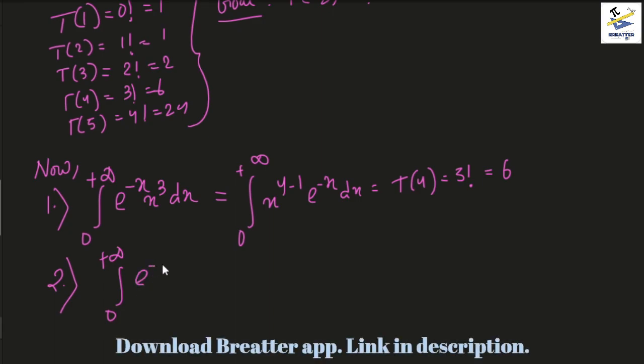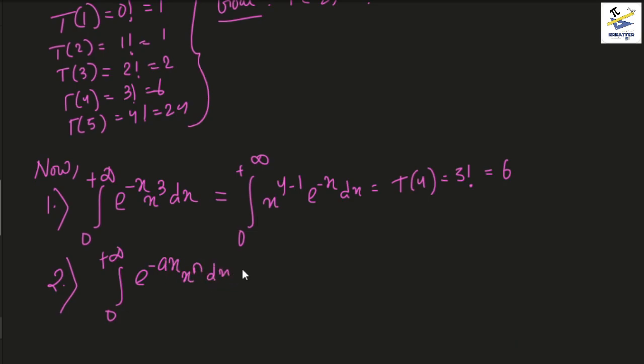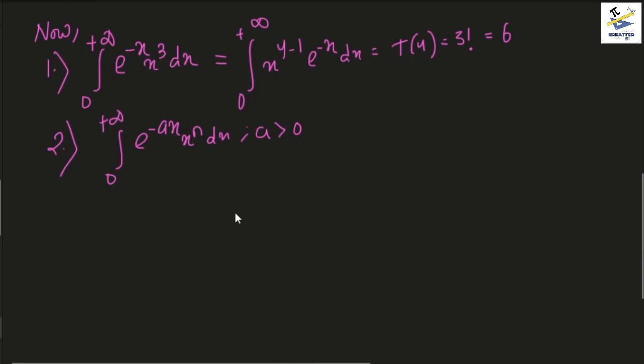So, the integral of e to the power minus ax times x to the power n dx, for a greater than 0. The solution to this one would be, firstly, we do not have the form of gamma because it should only be e to the power minus x, right? So obviously, since it should be only e to the power minus x, we have to substitute here. So